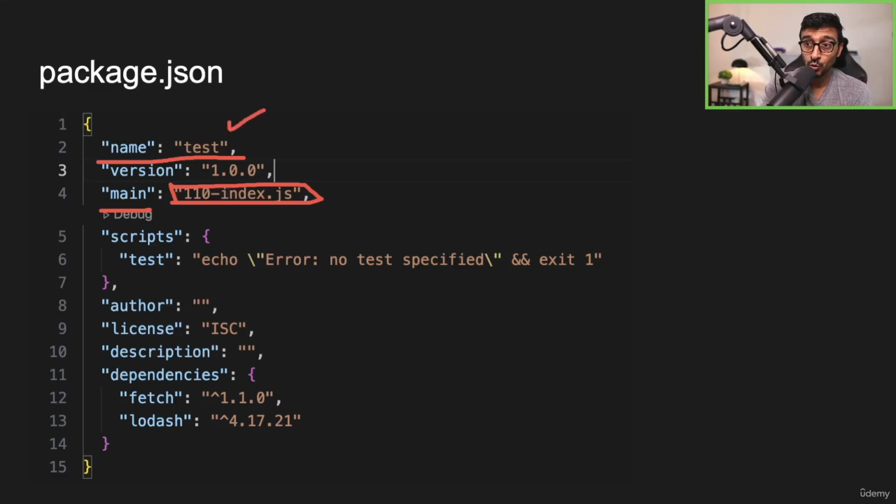And then what's the name? What's the version? You have a version. That's a new thing too, right? So with packages, we introduced a version, we introduced a name, we introduced a starting point, we introduced tests. If you want to run scripts, like, hey, I want to run a test, I want to run an install, I want to run this and that, the author, the license, description, all metadata, which I don't care about.